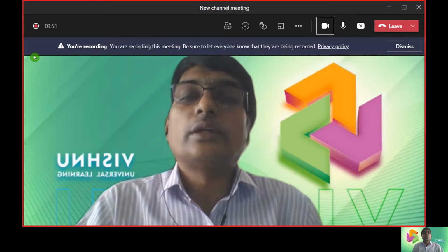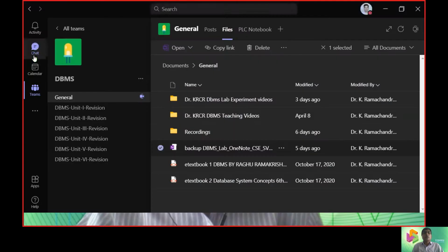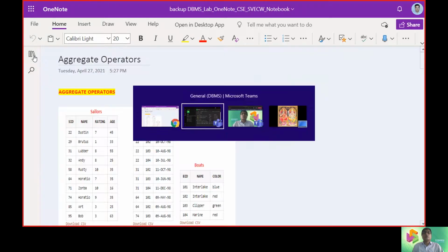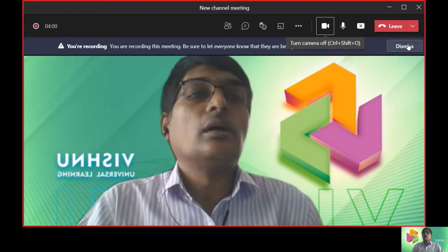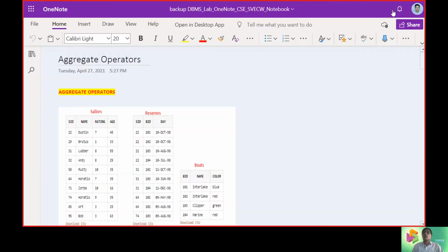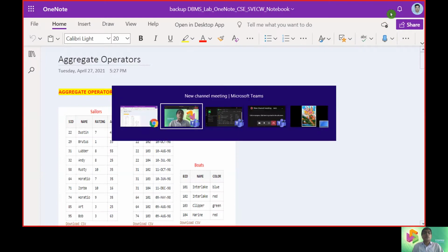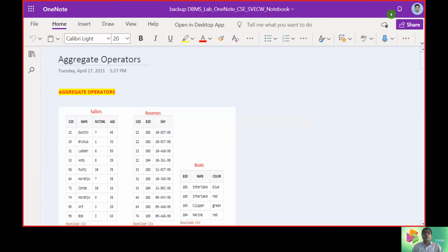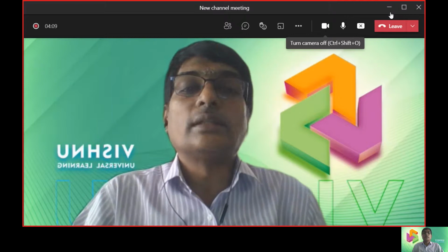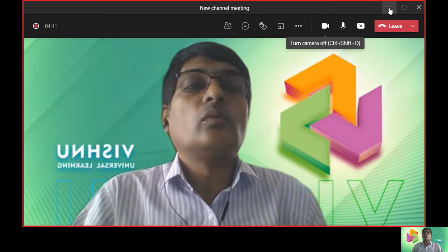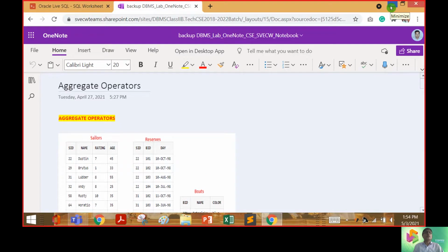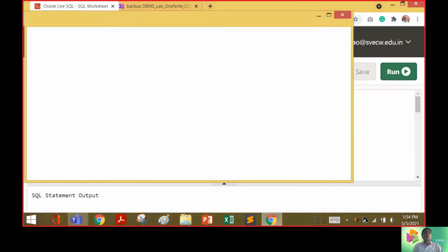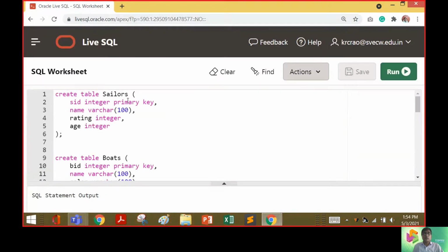So we are now taking the support of live SQL also. From the live SQL part, we will look towards executing the programs and how it goes. Once we use live SQL, we will see the programs being executed whenever it is necessary.